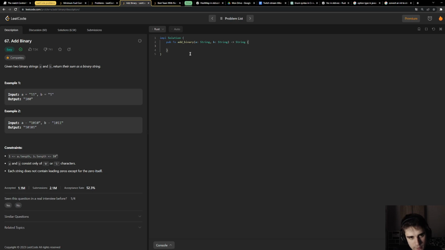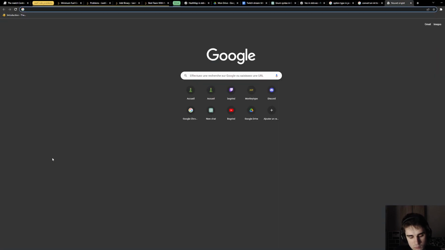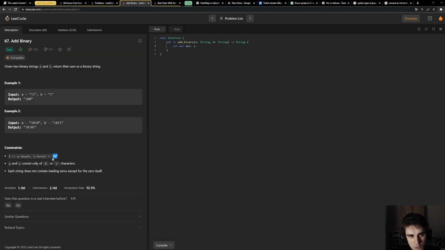So at the end we'd have let mut ans of type u64, 10 power 4. Yeah, I think we can then have a u16 here to minimize all the costs.